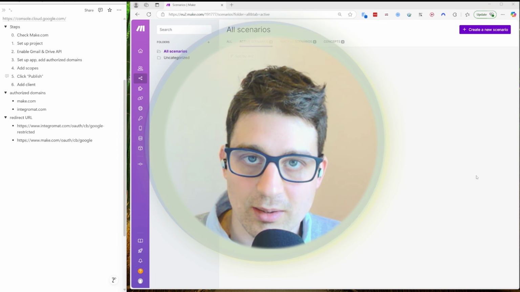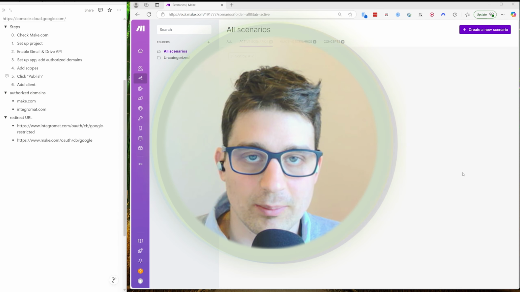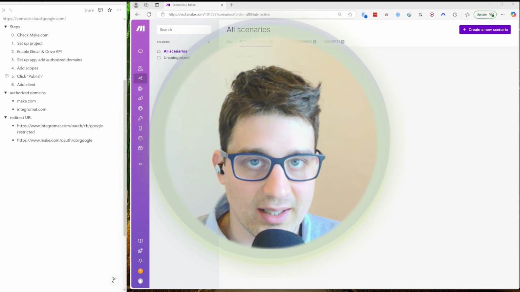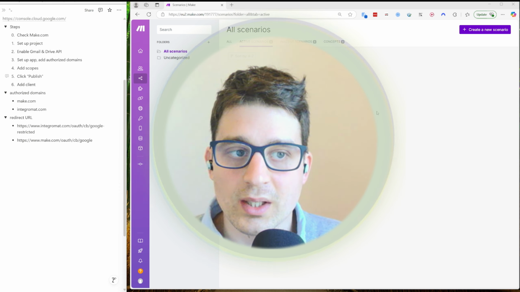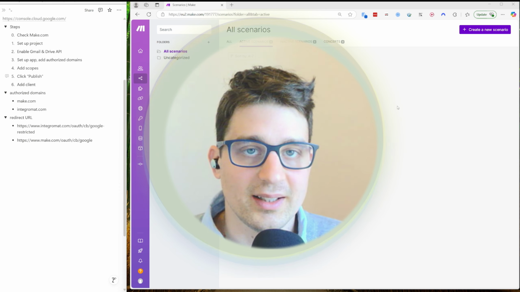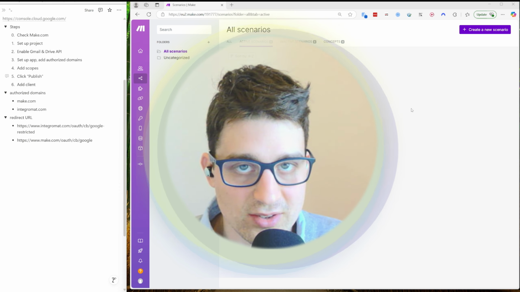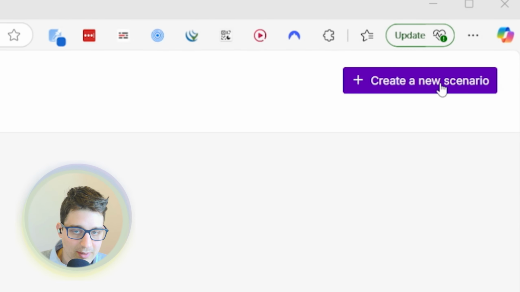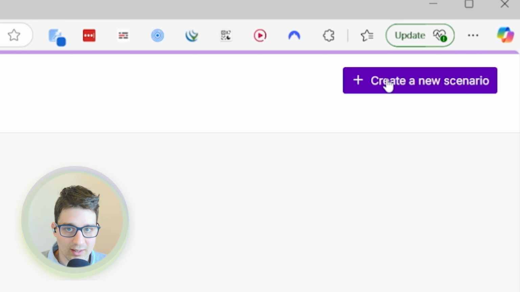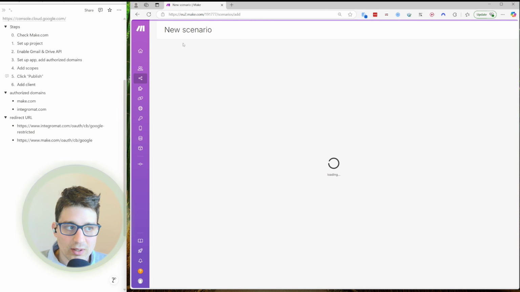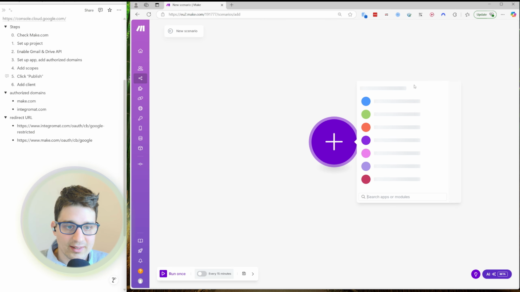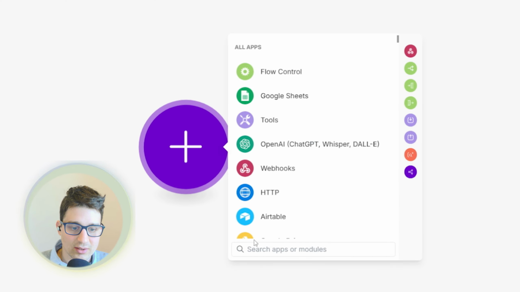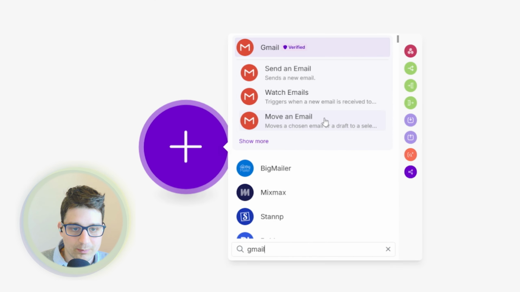One of the most common tasks that we would come across while building automations would be to send out an automated email. It can be a customer email, it can be something internal, a notification to ourselves. Regardless, the best way to do this in Make, if we are already using Gmail, of course, is to use the Gmail app. So I'm going to create a new scenario and I'm going to add the Gmail app send